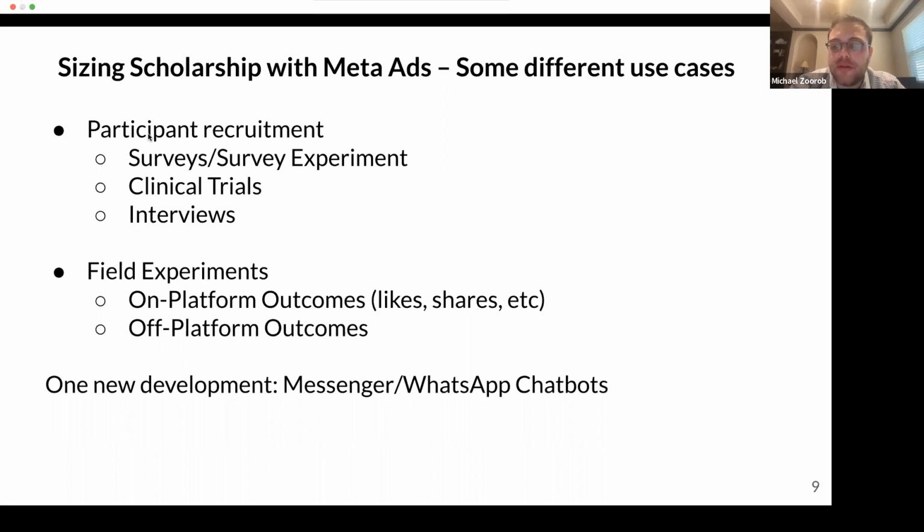If a user clicks on the ad, they are entered into a Messenger conversation or a WhatsApp conversation with the page running the ad, so the researcher's page. And there are third-party apps that make this pretty streamlined, where you can program a chatbot to ask the user questions within the Messenger or WhatsApp chat, and then store the results of those questions as a survey.